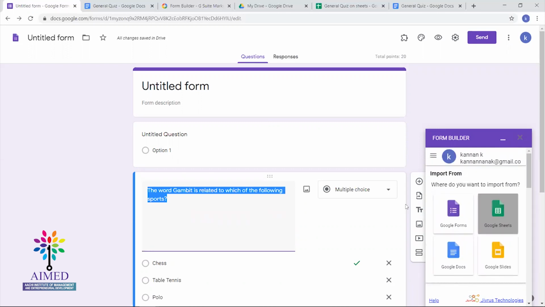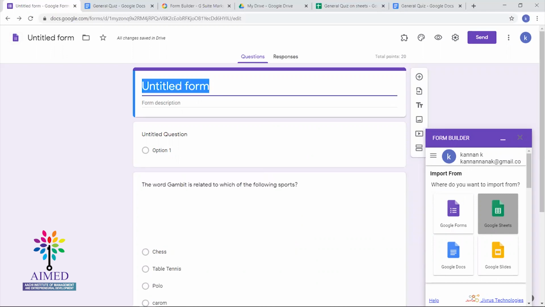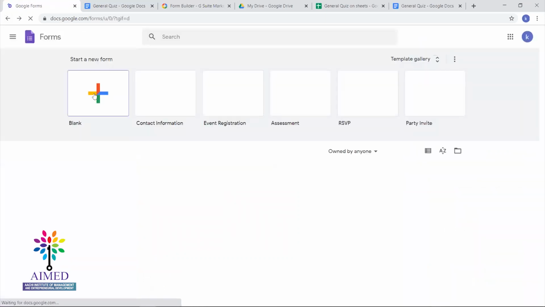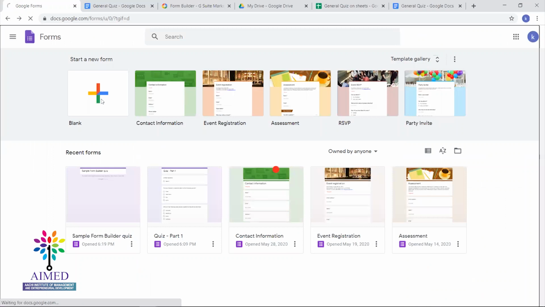So let's check how we can add an existing Google form and import it to create a new form. Okay. So to do that, before that I'll save this form and I'll try to import one question from this form itself. I'm just giving the title like import from the sheet. I'm just clicking on here. The same will be copied over as name. So now I'll go back and again I'll try to create a new form.